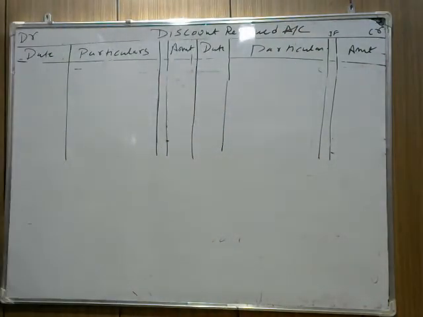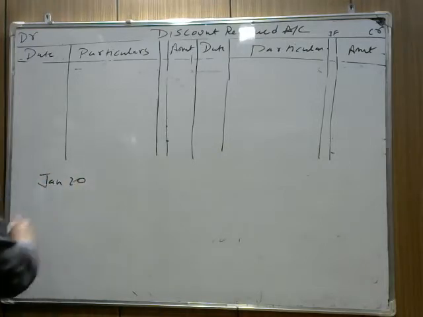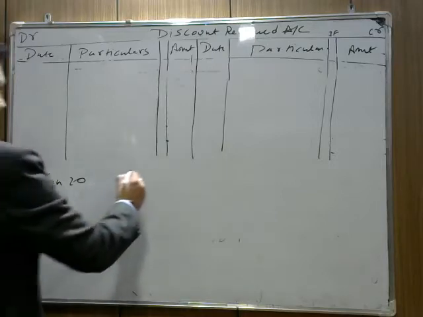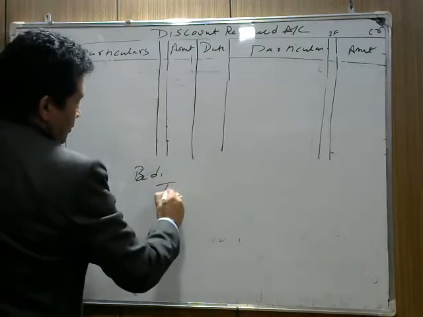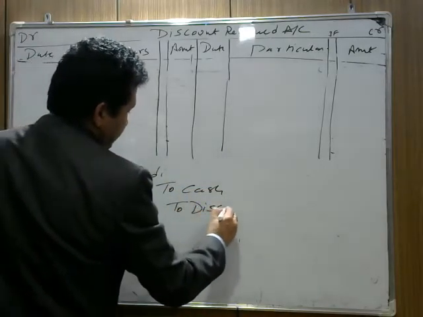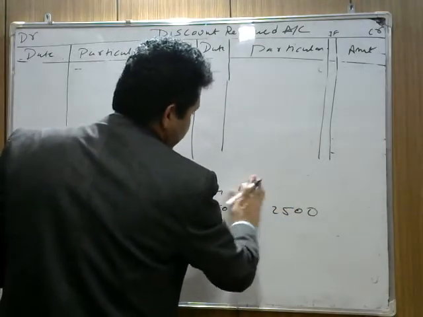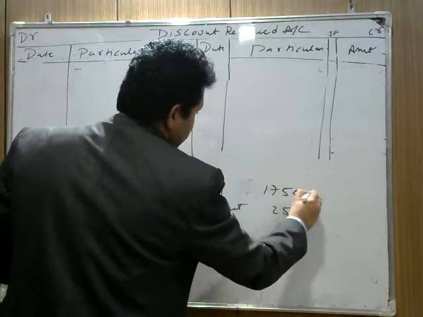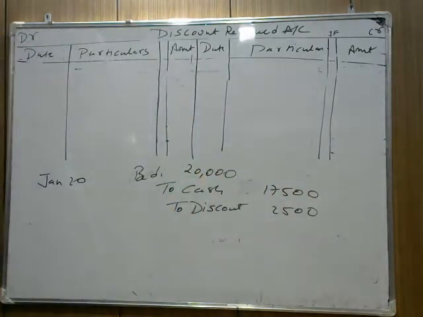Discount receive account. And if you check, discount receive account is given on Jan 20th. जो हमने भी किया, pay to Bedi in full settlement. When we pay to Bedi, we write the entry Bedi account debit to cash to discount. Here we are preparing discount account and we receive a discount of 2,500 because we are paying 17,500 in cash. हमने पे करना था 20,000. तो हम अब discount receive account को prepare कर रहे हैं.